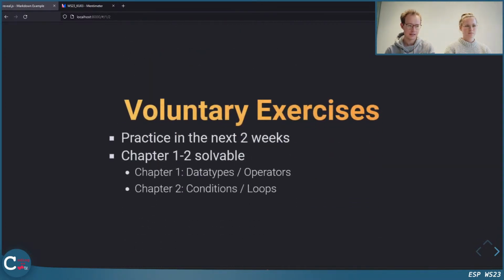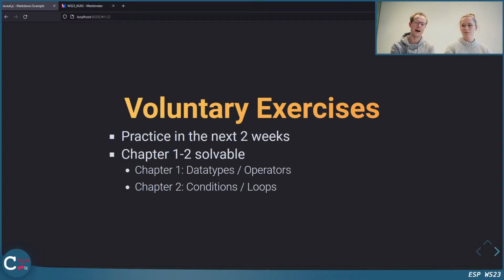Another thing that Alex and David also announced before is the voluntary exercises, which are linked on our Notion website, particularly because in the next 2 weeks there will not be a lecture here, and maybe it's a good thing if you start practicing C a bit. There are some chapters, and the first 2 chapters are about data types, operators, conditions and loops, and all of them are probably doable for you.